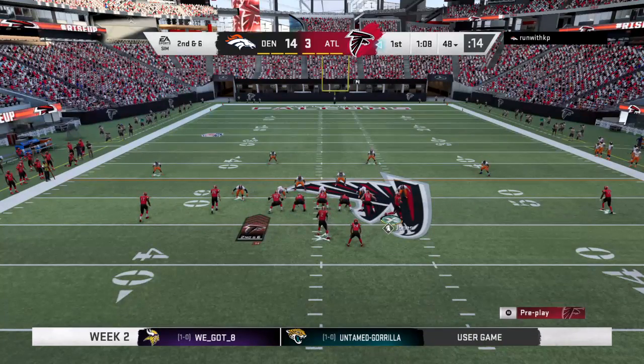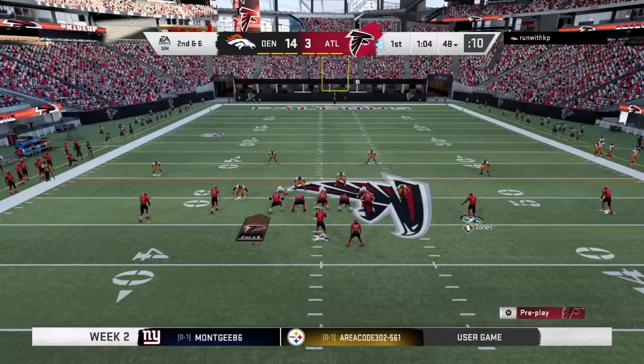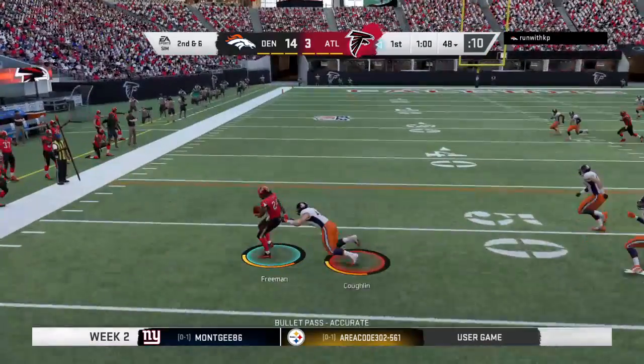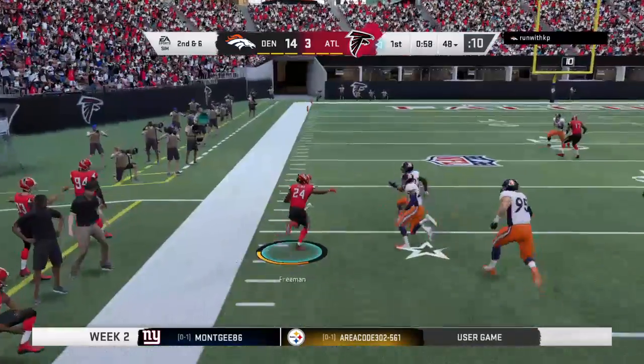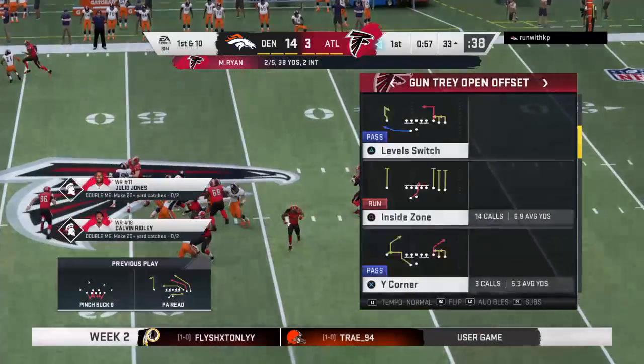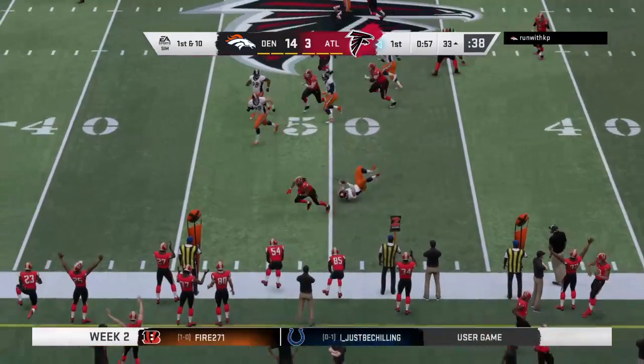Gun. 59 Mike. Check. A fake to Freeman. Now it's Ryan. Gets it off to Freeman. And shutting him off. Now open field. 19 yards to pick up there. Move the chains. We can talk all we want about football being a game of